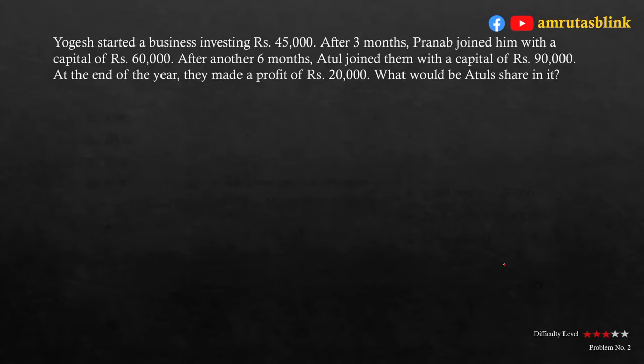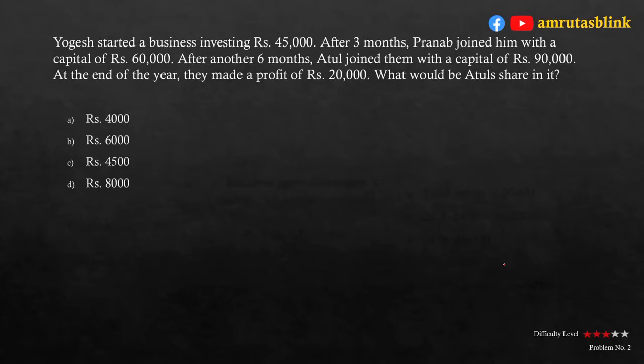Yogesh started a business investing rupees 45,000. After 3 months, Pranab joined him with a capital of rupees 60,000. After another 6 months, Atul joined them with a capital of rupees 90,000. At the end of the year, they made a profit of rupees 20,000. What would be Atul's share in it? Options are given: rupees 4,000, rupees 6,000,